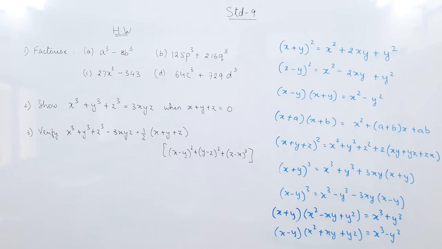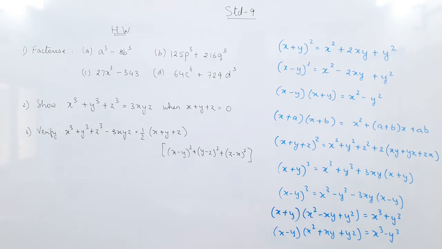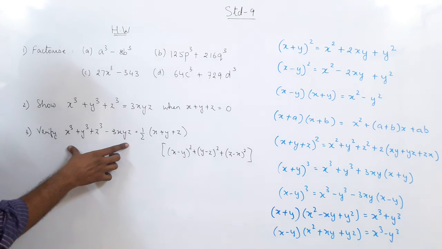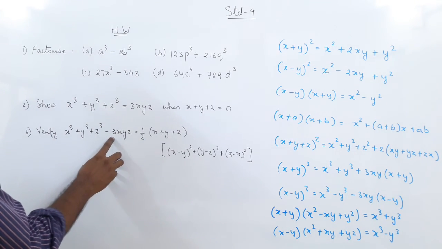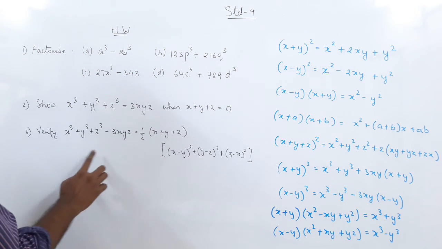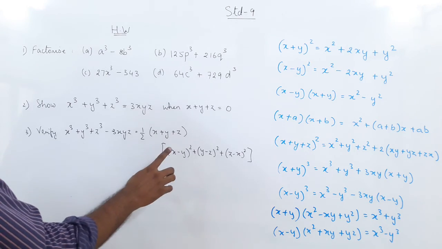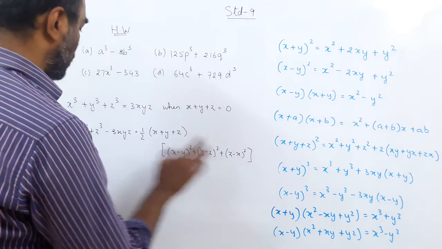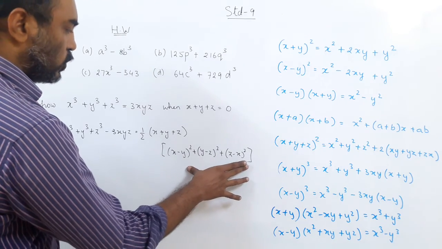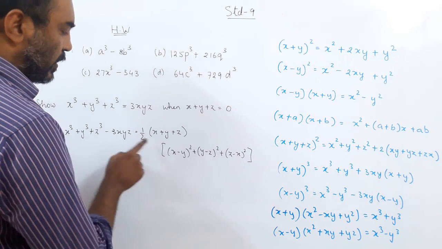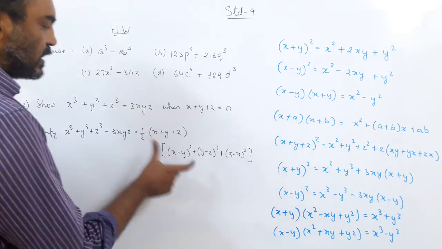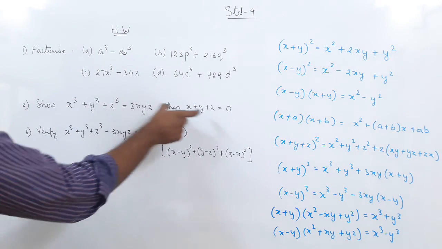Okay, so this verification means you have to do the actual multiplication on both sides and show LHS equal to RHS. Here, this is the left side. When you expand this, you get the formula which we did before. You will rewind the video and see x³ + y³ + z³ − 3xyz is (x + y + z) into (x² + y² + z² − xy − yz − zx). Okay, so this you got. Now this one you have to expand. You have to expand this totally, open up the bracket, divide by 2, and you should get the same identity. This is verification. Here also this comes from a derivation only.